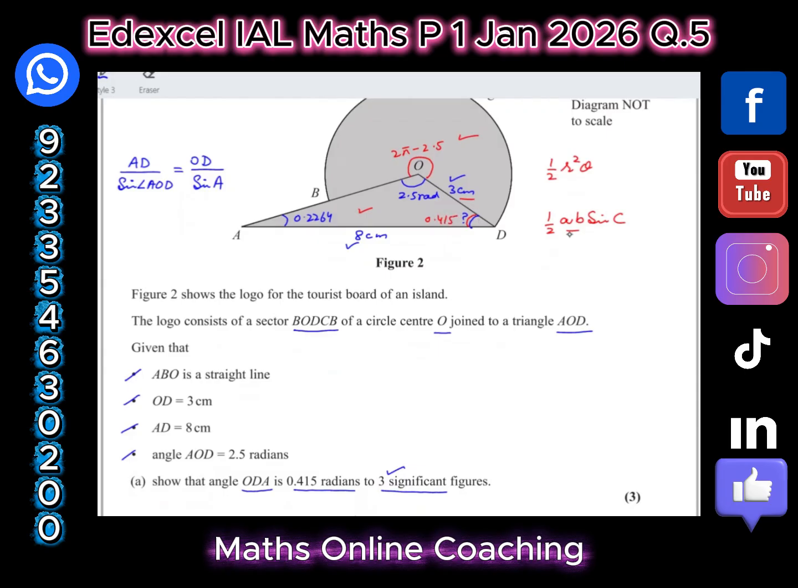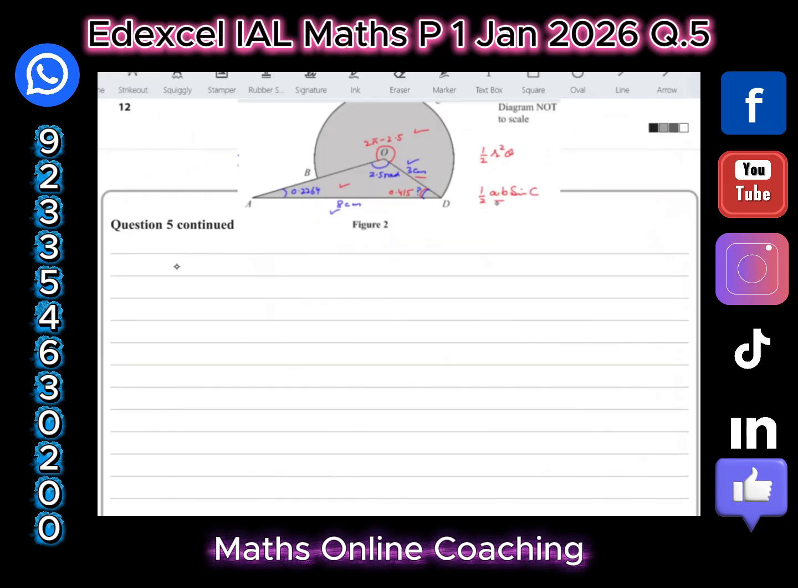So to calculate the area of the triangle, we have to use the sides 3 centimeter and 8 centimeter and the included angle 0.415. And then we add these two values to get the total area of the logo. Now we solve it. Area of logo is equal to area of triangle AOD plus area of sector